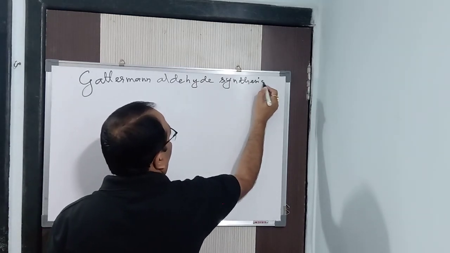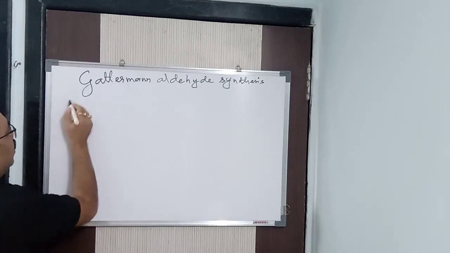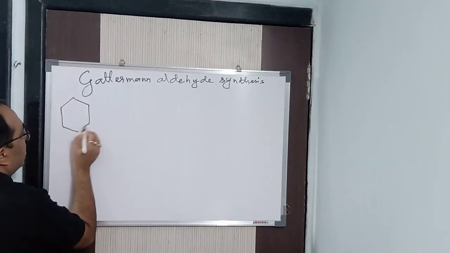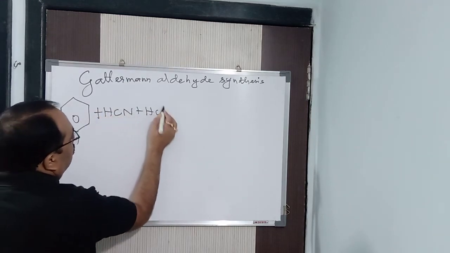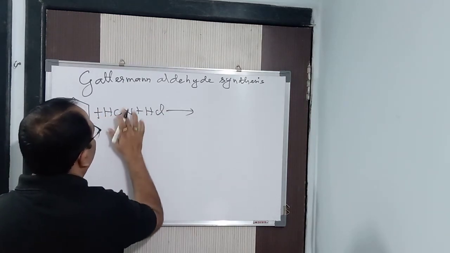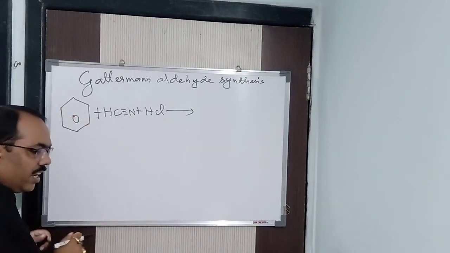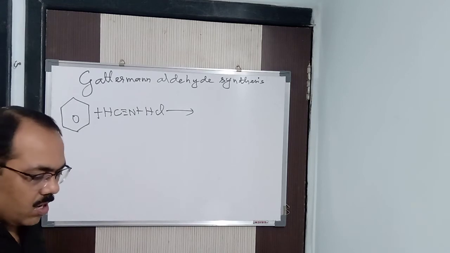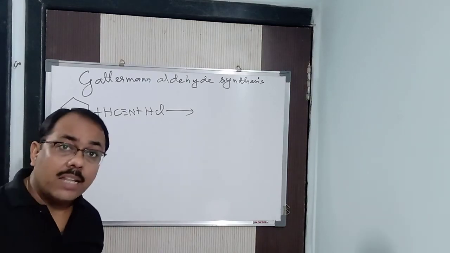So, what will happen here? Here the addition reaction is going to take place. Same thing with benzene, I am going to take it here. Benzene plus HCN plus HCl. So you know HCN means C triple bond N. Why did I write it? Because I said it will undergo an addition reaction. So you need to understand how the addition is going to take place. Why is addition going to take place?